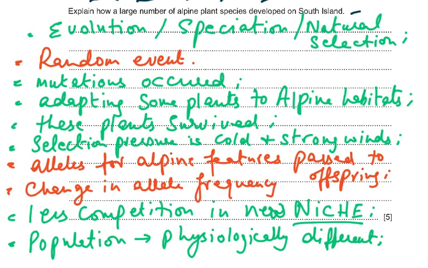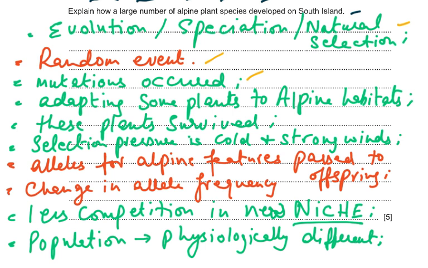Now you can see there's something like 10 points, and out of these 10 points, you could have written any 5 to get the 5 out of 5. So whenever there's a question on evolution or natural selection, some points you can write in nearly every question. Now, like natural selection, you can write it's a random event, then mutations,